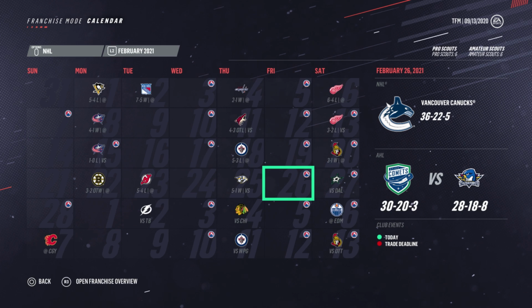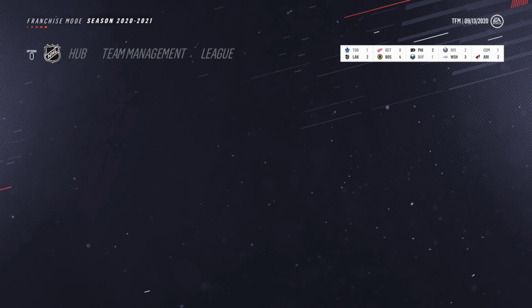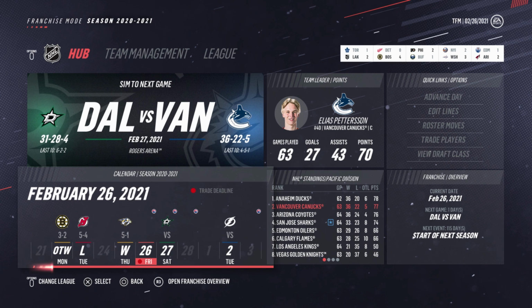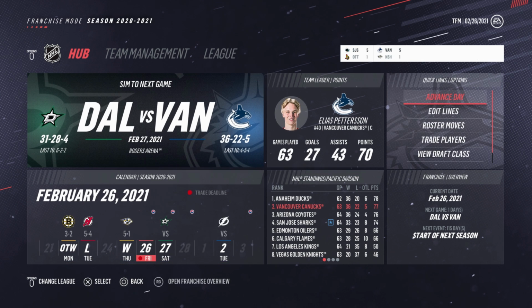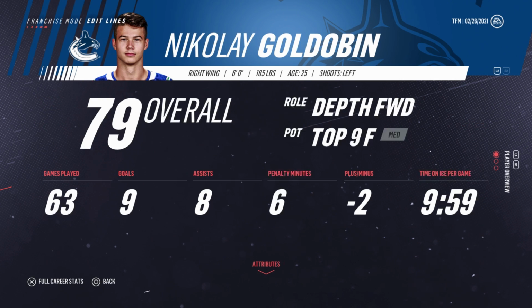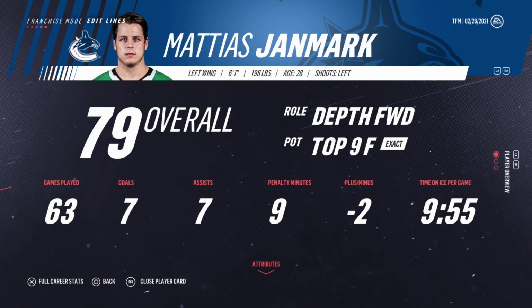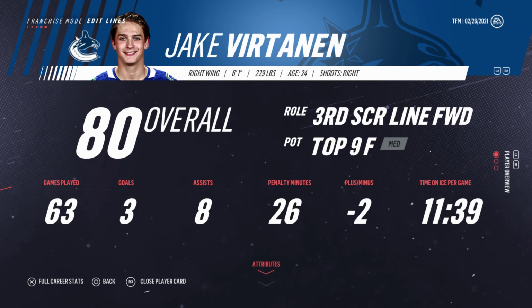Alright guys, here we are at the trade deadline, and we are having another great year. 36, 22, and 5. I didn't realize we had 2 goalies with extremely good trade value. And I think I want to try and get rid of them and maybe grab a center, since we don't really have one. I'm not sure if I want to get rid of Goldobin, but definitely Janmark. Vertanen's not doing too...